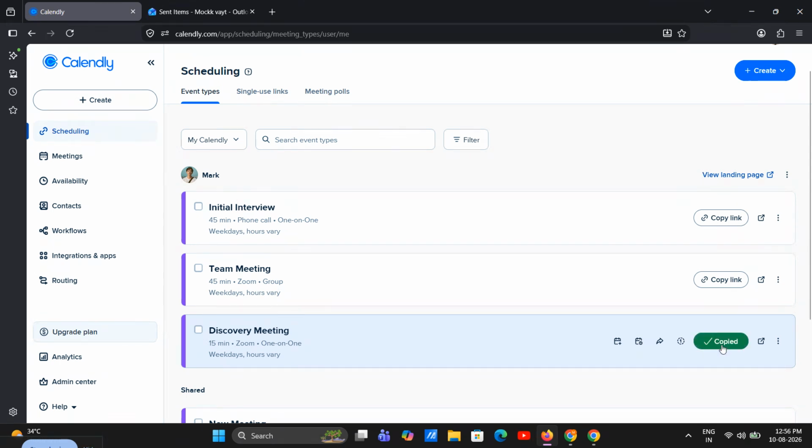After that, select Copy Link. This copies your Calendly booking page to your clipboard, which means you can instantly paste it wherever you need it. You can send it in an email, drop it into WhatsApp, share it in a text message, add it to a website, or even include it in your social media bio or business profile. This is one of the easiest ways to let people book time with you without back and forth messages